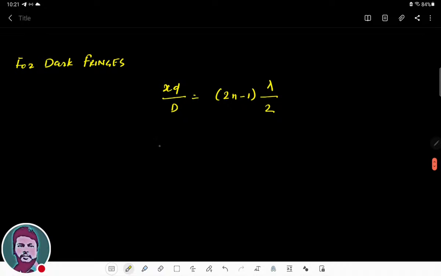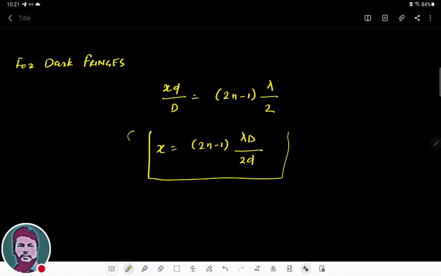The value of x becomes 2n minus 1 lambda d over 2d. Okay, and this is the required value of